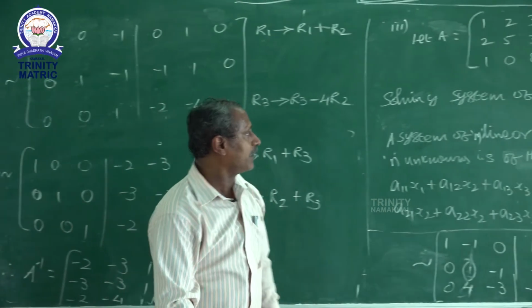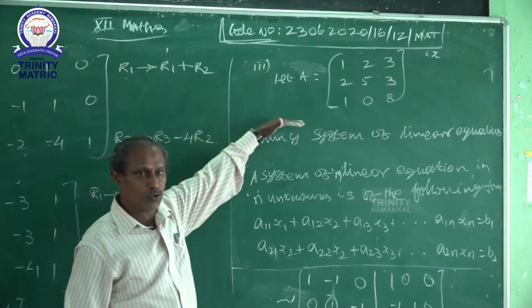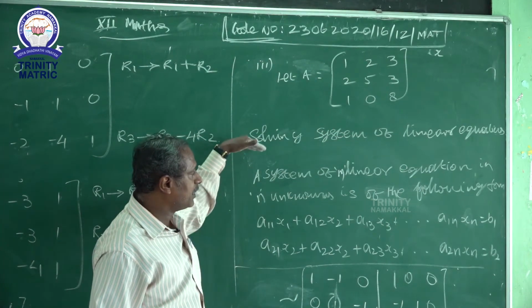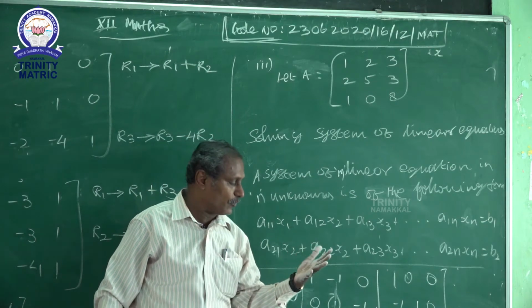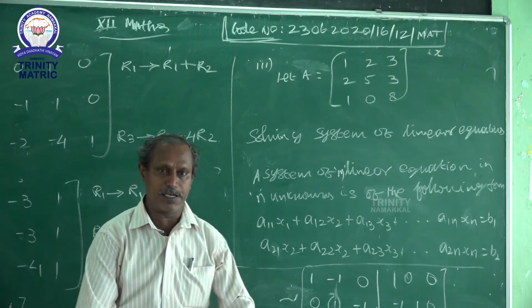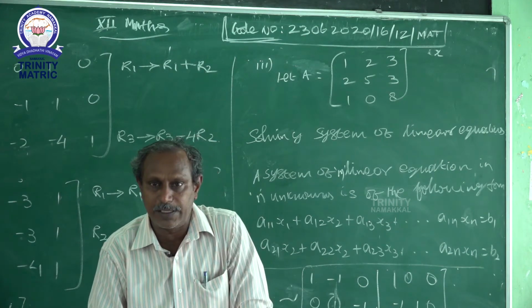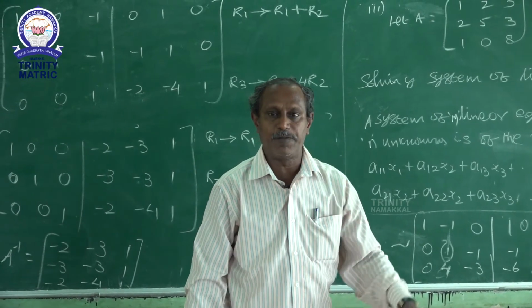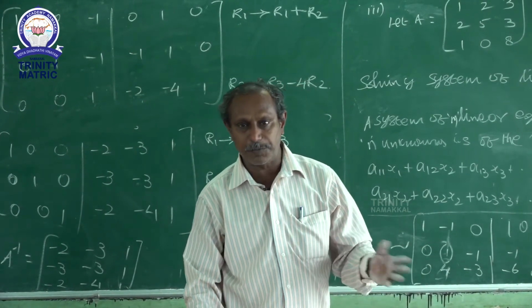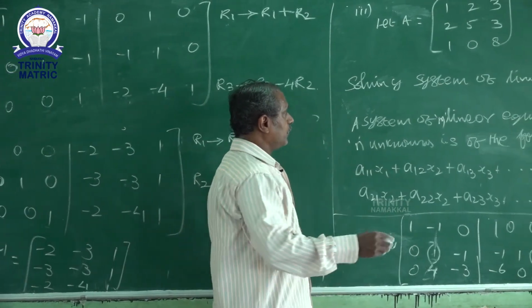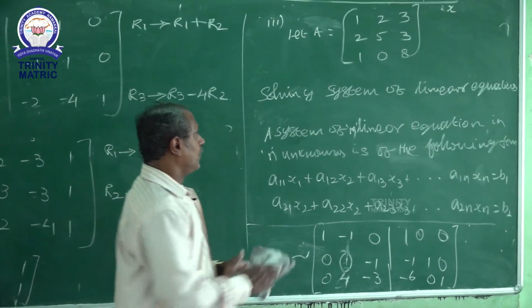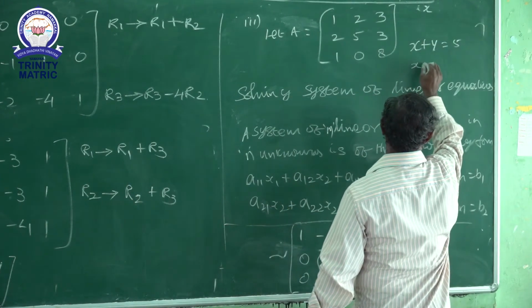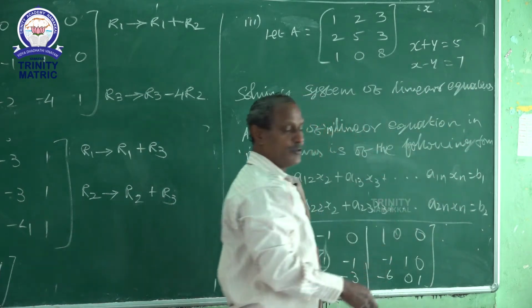Okay. Next, after completing the Gauss-Jordan method, we move on to the next unit, solving systems of linear equations. So we have to convert the given equations. You have already studied in the lower classes solving the sums in terms of x and y by using the graph, or the simplification method or substitution method. Suppose we take some sums, x plus y equal to 5, x minus y equal to 7. You know how to solve this.